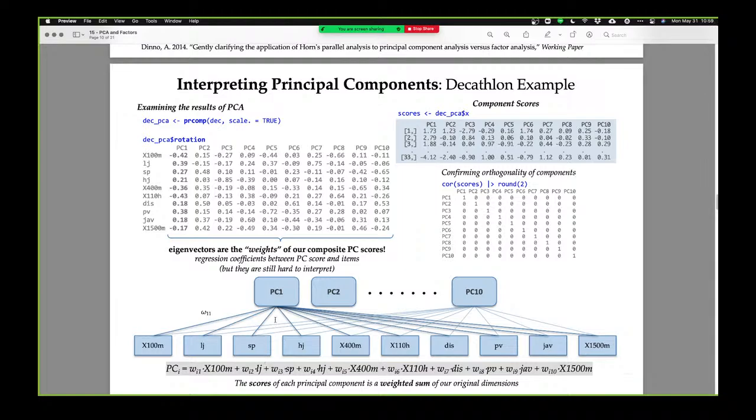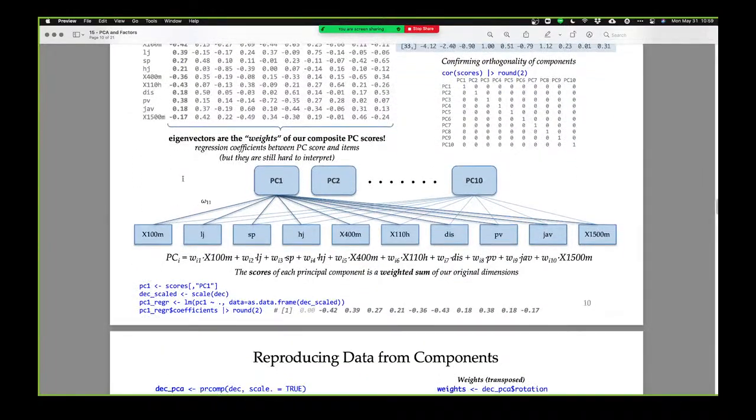In fact, the weights here, so we said these are the weights, W1, W's all the way through. So these are the weights of PC1, these are the weights of PC2, these are the weights of PC3. You can think of the weights as regression weights, as regression coefficients, in that if we did a regression of PC1 over,